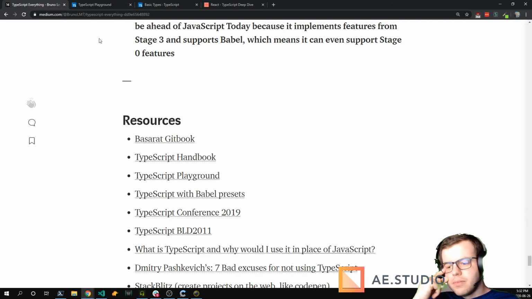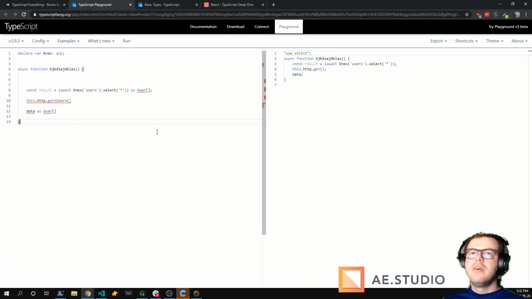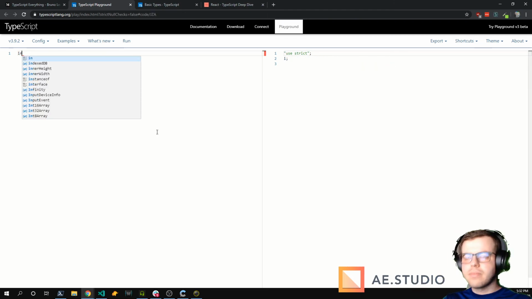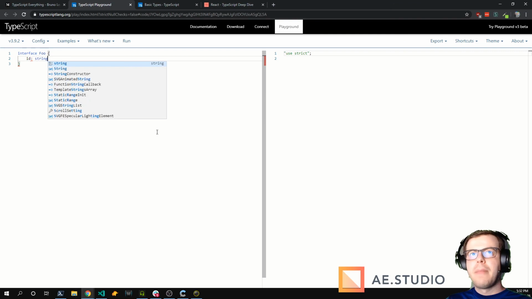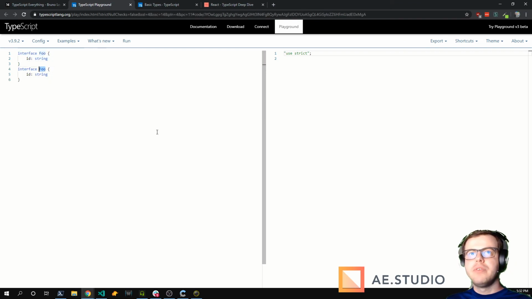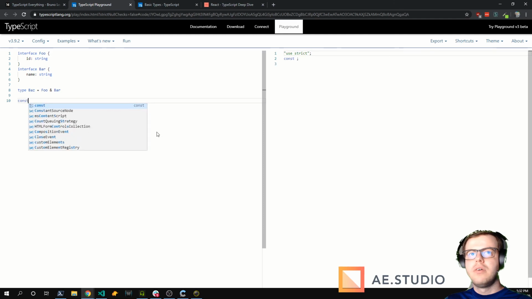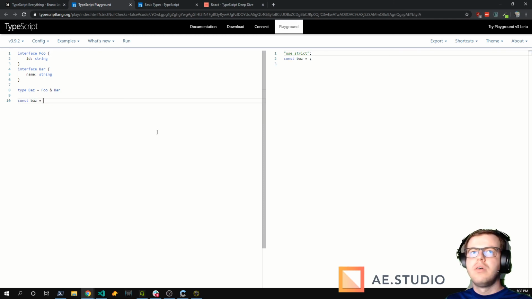I think you can combine types. Let me see if I remember correctly. So if I have two types, I can combine them, I think. I hope I'm not wrong. Yeah, so you can combine types.